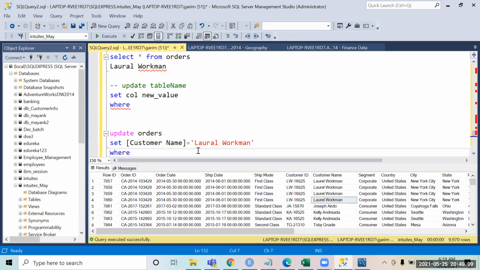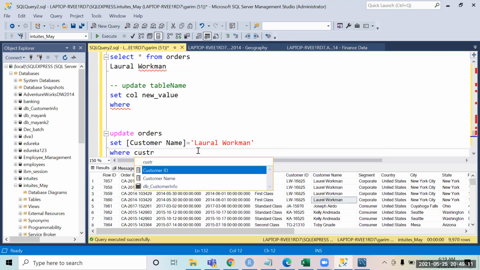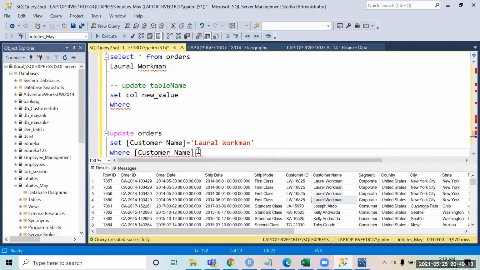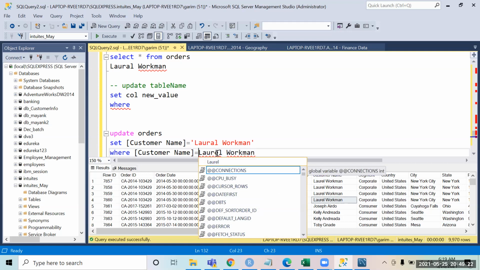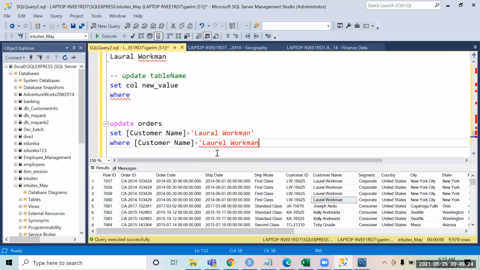where customer name. See, I have to again be very careful. I have to again use the customer name over here. I'm saying where customer name is equal to this, right? So I'm saying wherever the name of the customer is Laurel Workman, I want to update it to Laurel Workman.